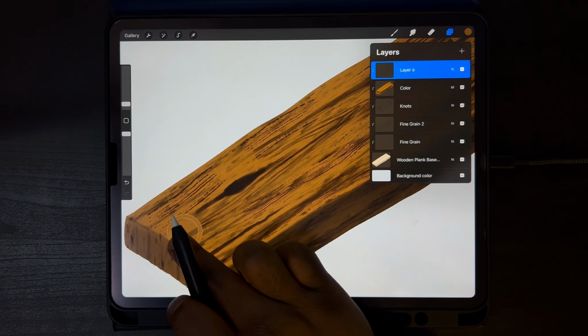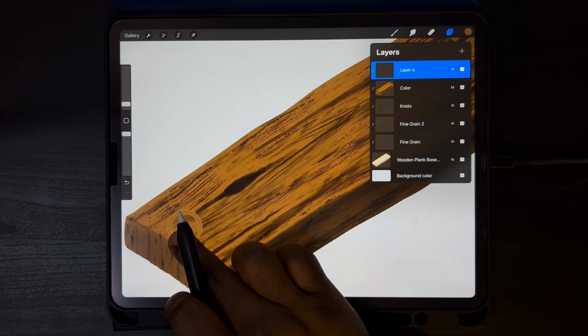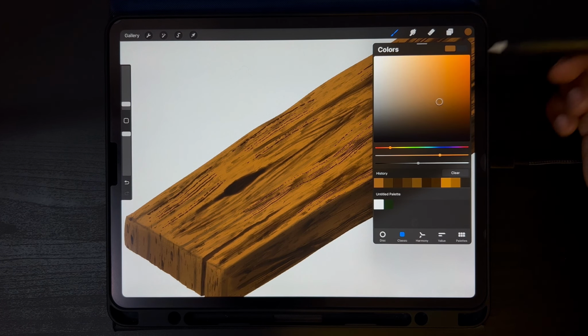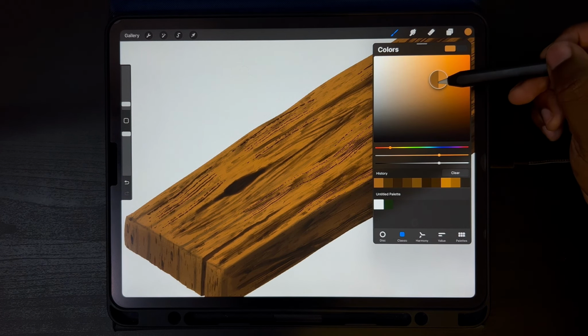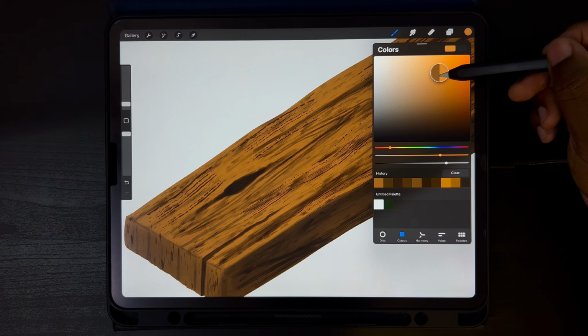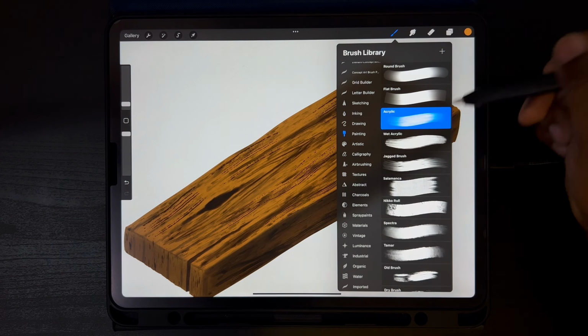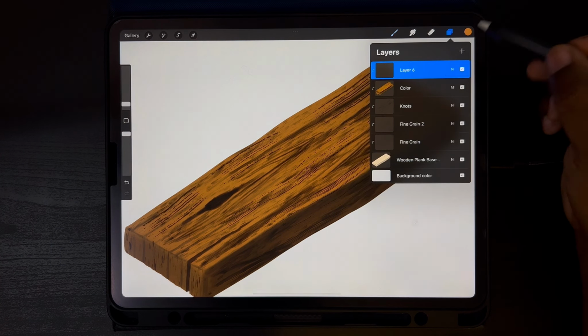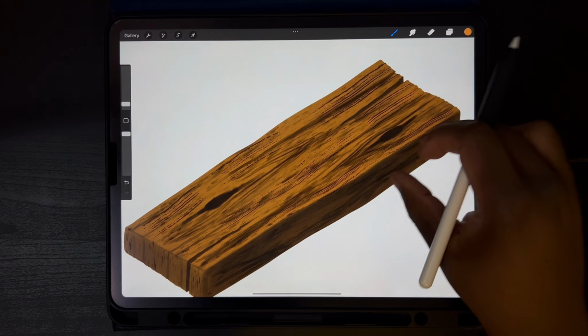But like I said, go ahead and just pick a pretty light color that's already on your wood right now. Then we're gonna go to our color picker up here and just drag that color straight up somewhere in there. So you can see mine is a pretty peachy orange right now. And with the same exact brush, so with our acrylic brush on layer 6, we're gonna just start drawing in